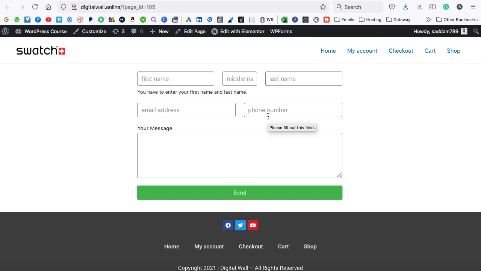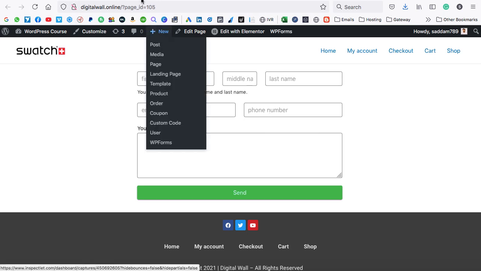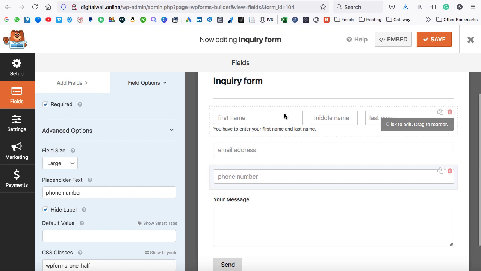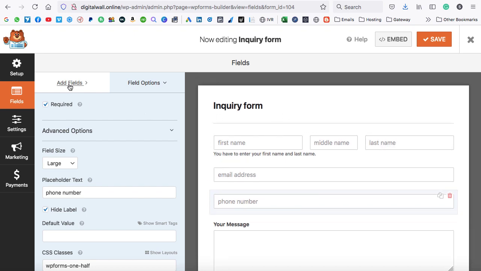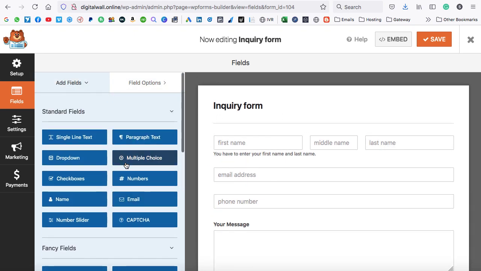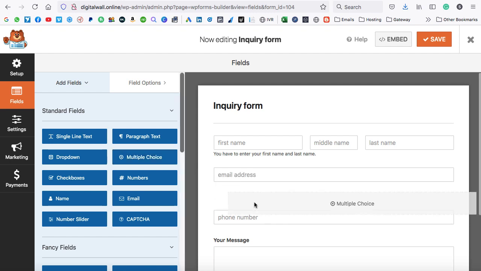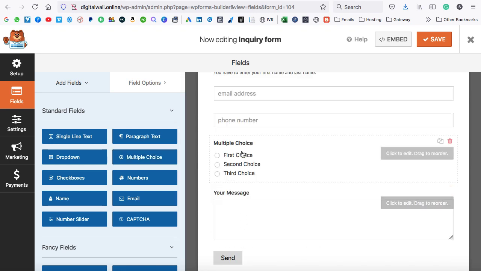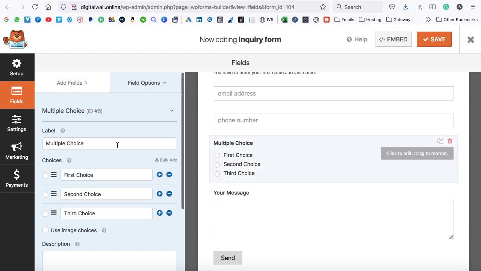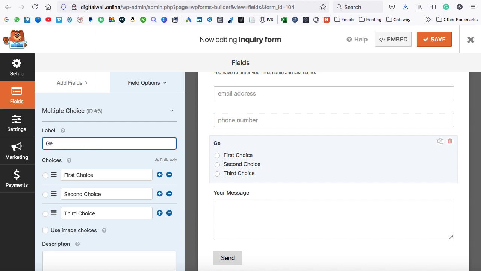Now let's go ahead and we can use the multiple options field. So we can just put over here some kind of gender. So click on the add fields. At the very top we have this multiple choice. Let's put it just below the phone number. Okay. Now click to edit. We can give it a title something like gender. Now in the first choice we can make it male. Second one should be female and then we can put something like